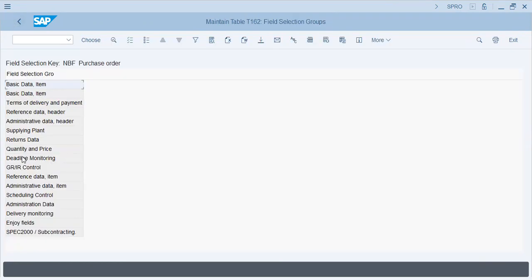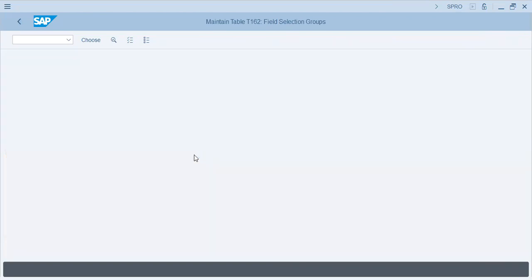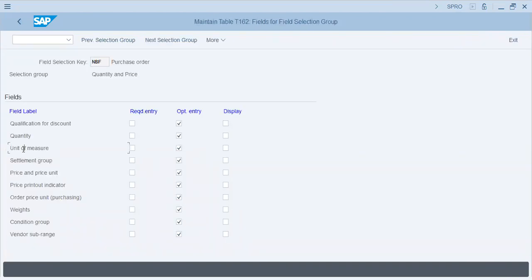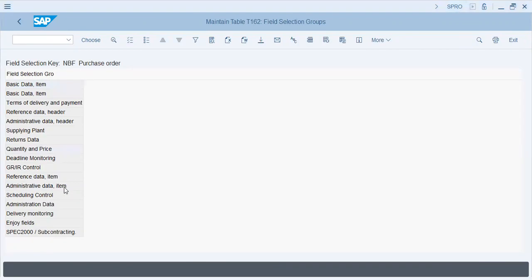Okay, we will keep it as per the standard of SAP. We will not change it. And we have most of the entries as optionals. We can put them under display or under required entry as it requires, as the customer requires. So we'll keep it as a standard. Okay, now